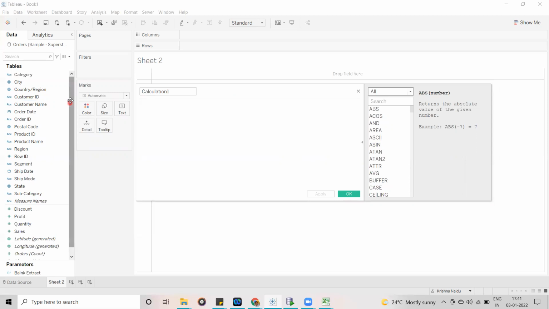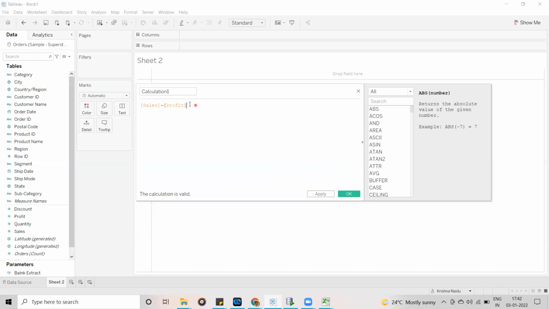For example, sales minus profit. Let's say the customer wants this output. The values we get by doing this operation are not going to be available in your database.